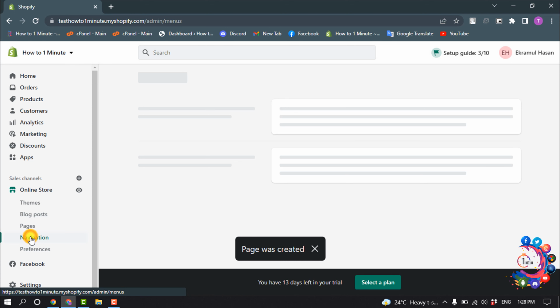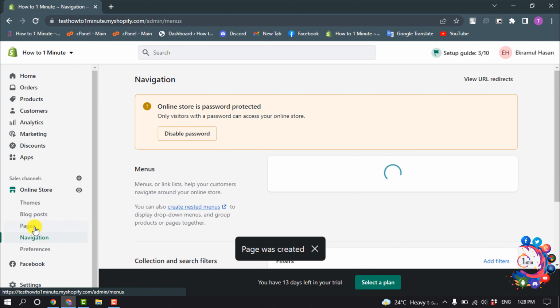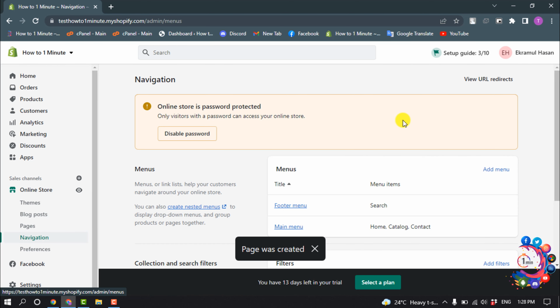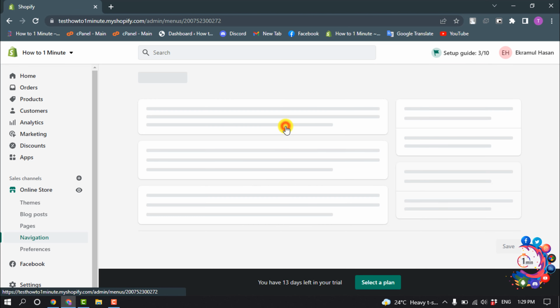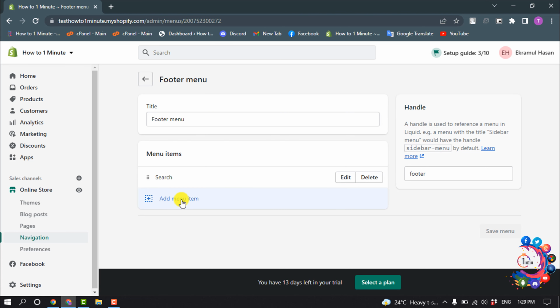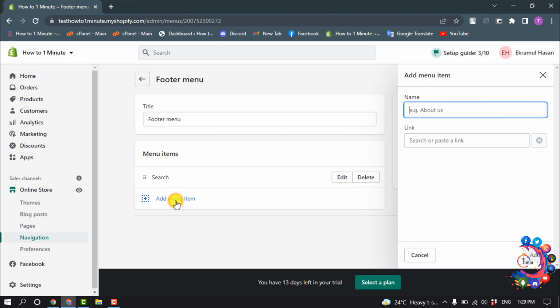Okay, now go to navigation and here you'll find these two menus. One is footer menu, another is main menu. If you want to add your contact us page to footer menu, then open and click on add menu item